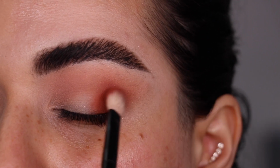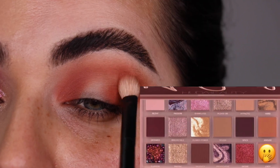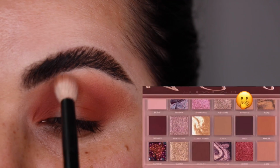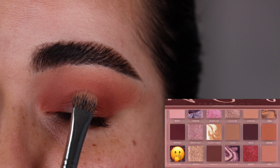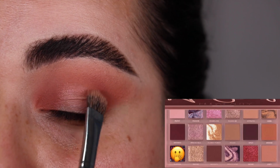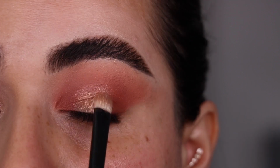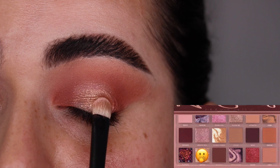With the color Arouse, I'm going over top of that to make it a little bit more warm. And now I'm using Juicy on the inner part of my eyelid. And through the crease, I'm connecting it back here. With a little bit more Hypnotic, I'm going through the edges just to make sure everything looks nice and blended. Once again, I'm going to use Slippery as my sticky base because we know we're not going to use this color for anything else, so we might as well use it for something. So I'm just patting it through the center of my eyelid. And now I'm patting the color Tantric all over Slippery for a nice golden bright